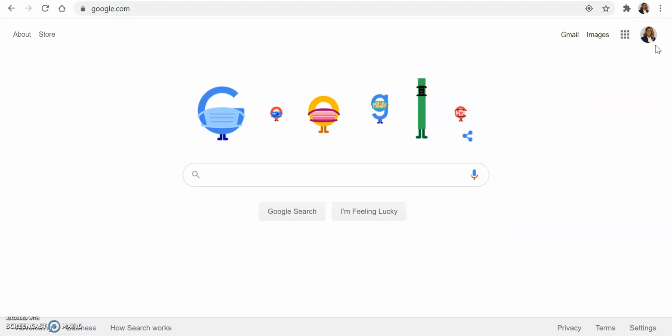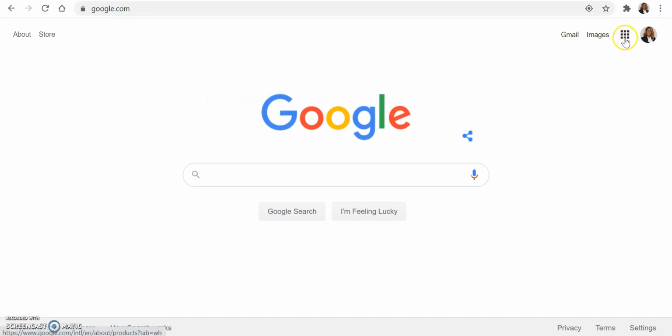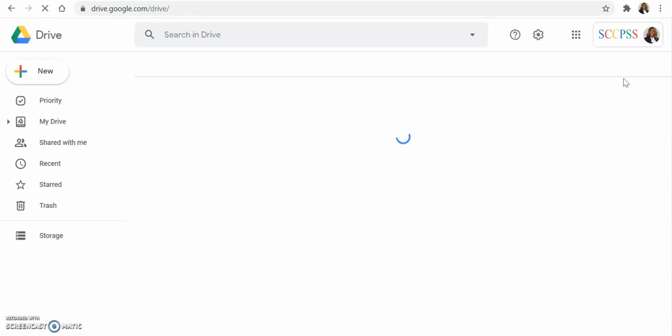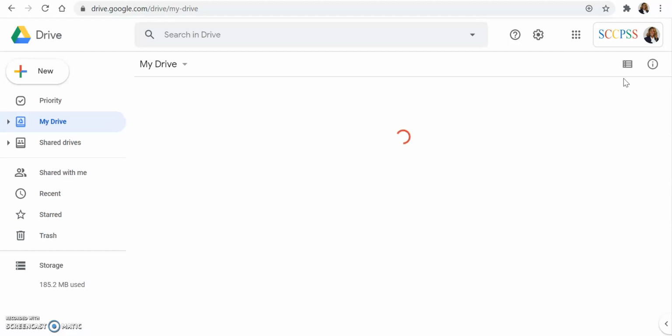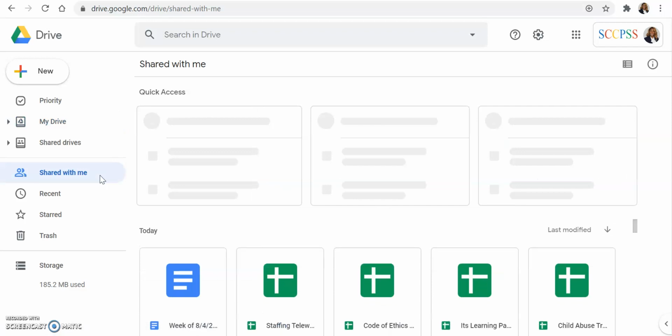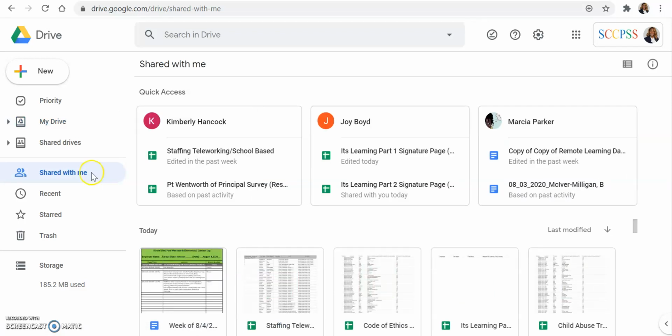Once you make sure that you're logged in as you in your work email, this here is called a waffle, these 9 dots here. So you click that and you would go to Google Drive. You would go to Shared with me. Now, of course, I have lots of information here. That's not where it is for me, but if you go to Shared with me and once you find it,